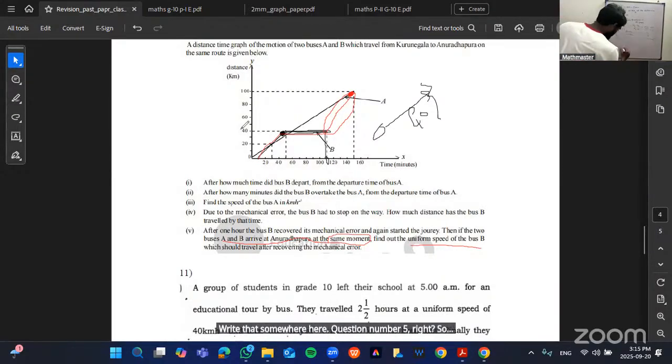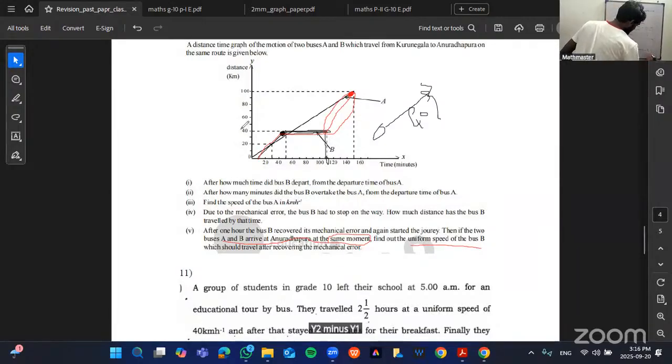So the uniform speed equals, as I told you, the gradient of the distance-time graph. So gradient means y2 minus y1 over x2 minus x1, right? So here what is y2? So here y2 is 100. Here y1 is 40. So 100 minus 40